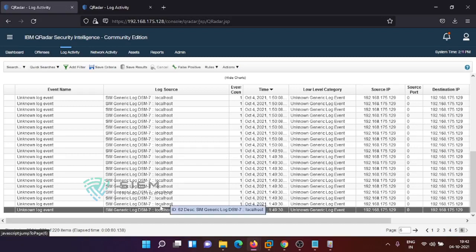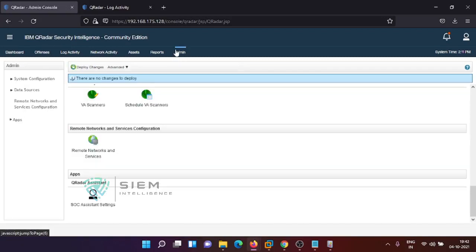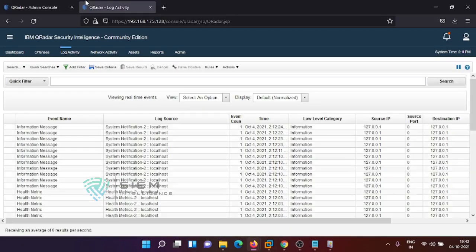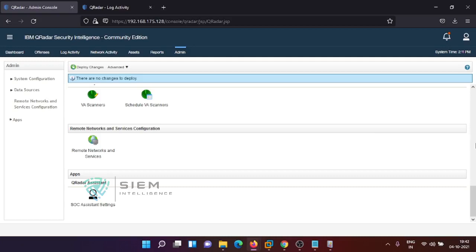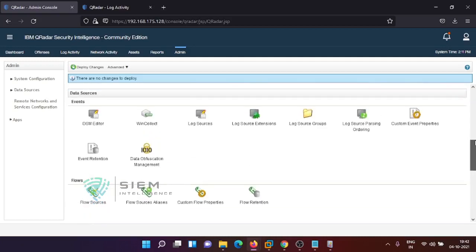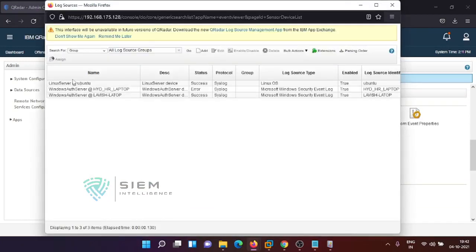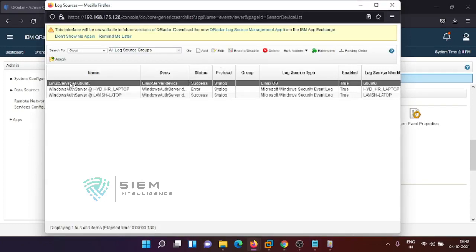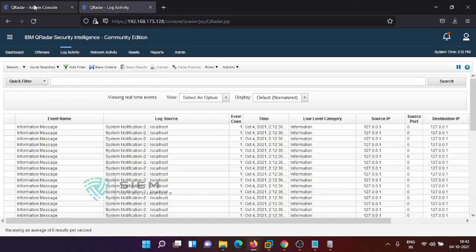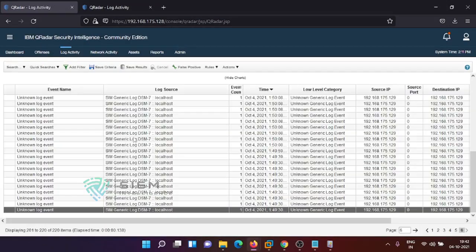If you see the log source in the admin tab, you won't get this particular log source management. See this particular log source. By default, whenever there is only generic activity, it will not create any log source in your log source tab.